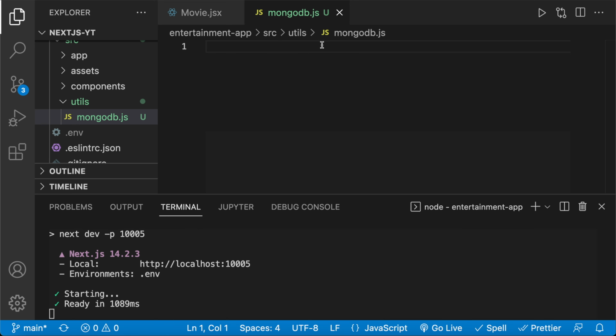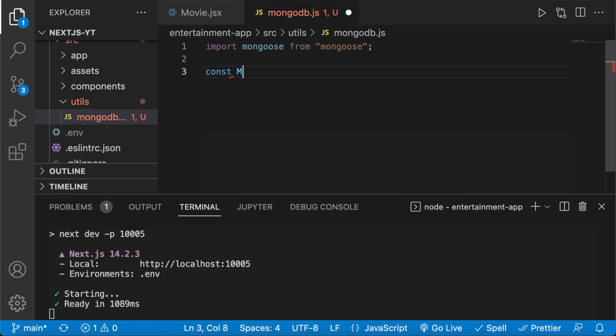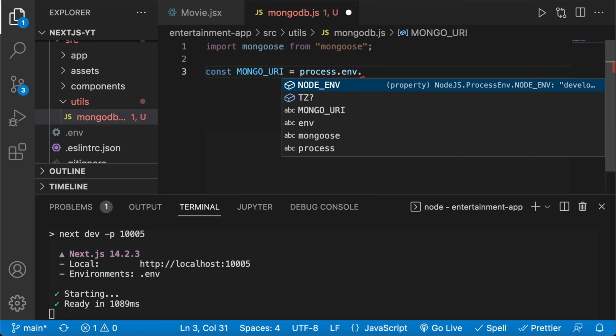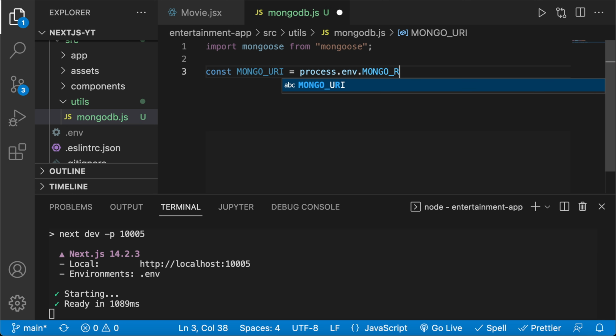So now, in order to make this connection with our database, what we want to say is import mongoose from mongoose. Then we want to come down here and say const MONGO_URI, and I'll tell you in a second where this is coming from. We're going to say it is equal to process.env.MONGO_URI. So this MONGO_URI within our .env, which I'm not going to click, is what we saved that connection string as from our